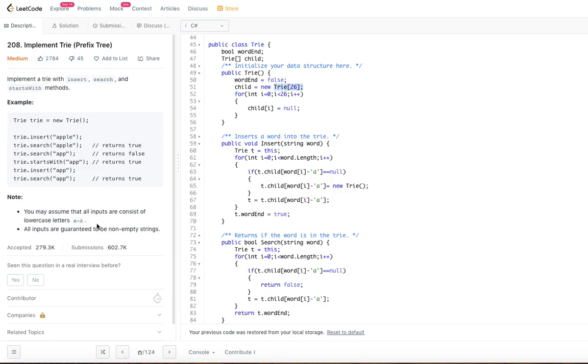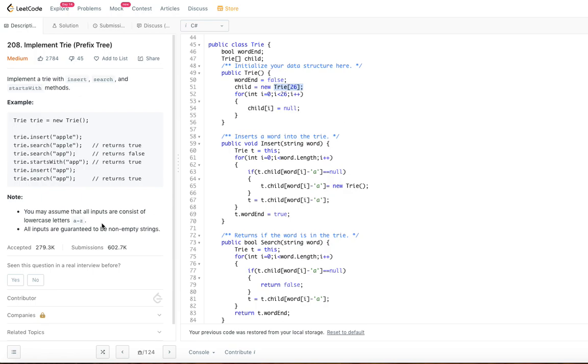Suppose you are given A to Z lowercase and A to Z uppercase. Then you will have to increment that by 26 more, so you will have a trie data structure with 52. That's as simple as that. If your strings will have A to Z uppercase, A to Z lowercase, and 0 to 9, then you will have 62, basically 26 plus 26 plus 10.